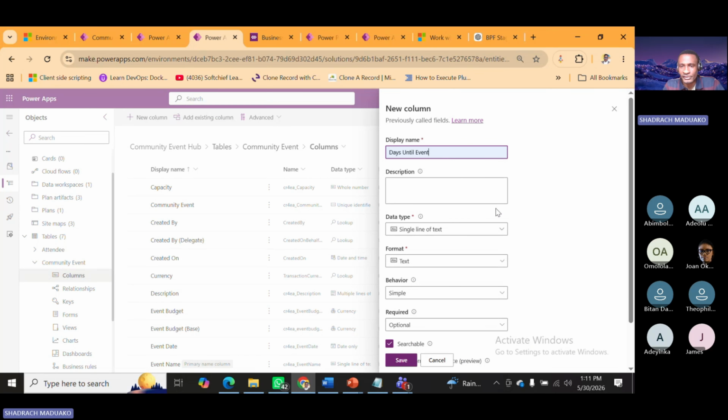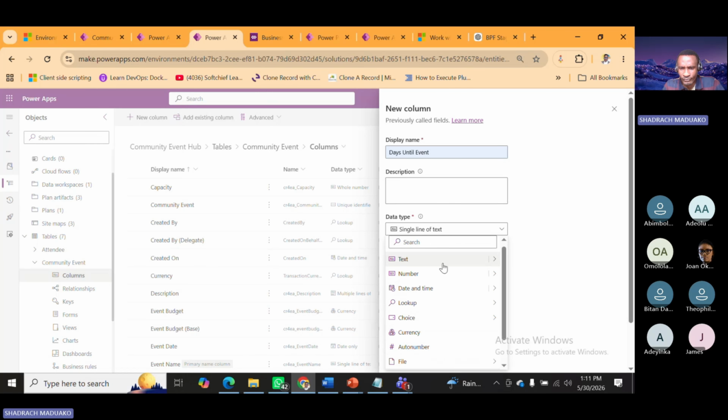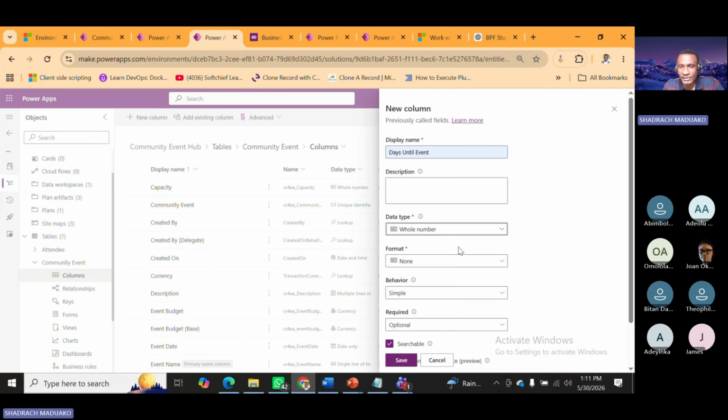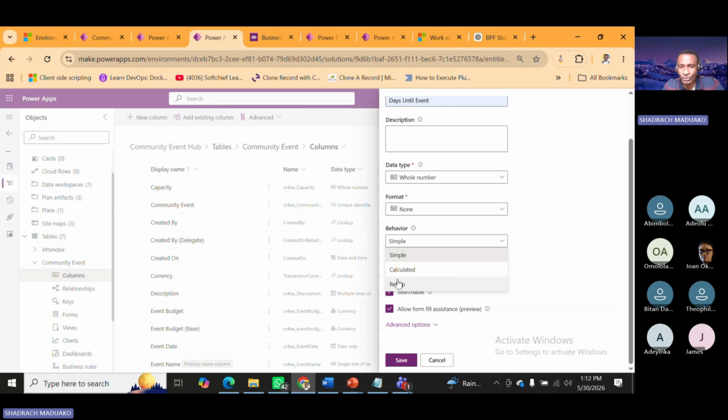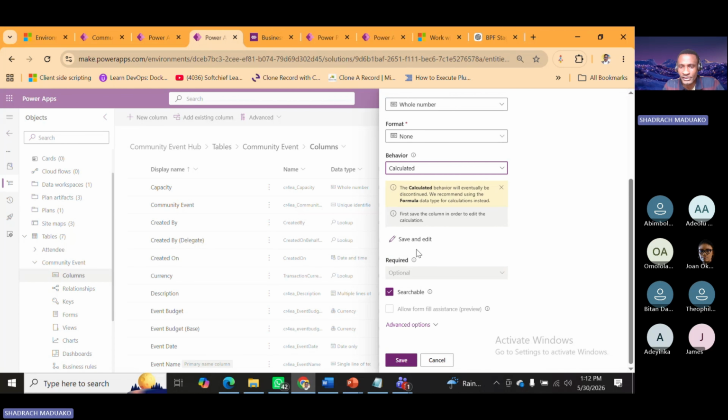Okay, let me call this days until event. We can make this a whole number, because I want to show the number of days. The field type is going to be a whole number showing the number of days, and the behavior also will be calculated. We want to calculate it,